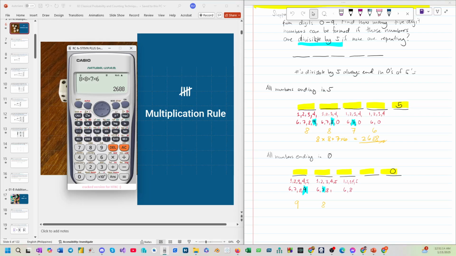So, you have what? 7. 7 total naman siya. Correct? Natanggalin natin, kunyari naman dito si 3. Okay, so siya naman yung kukunin natin na number. So, 1, 2, 4, 5, 6, and 8. So, you have 6. Total 6. Okay, so what we have? We have 9, okay, 9 times 8 times 7 times 6 equals to